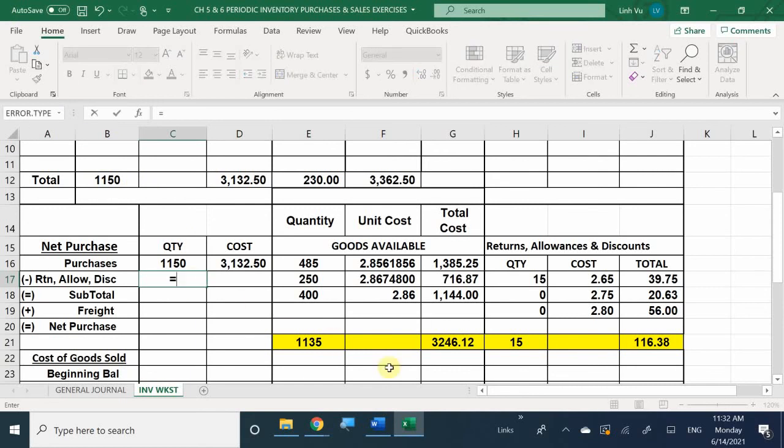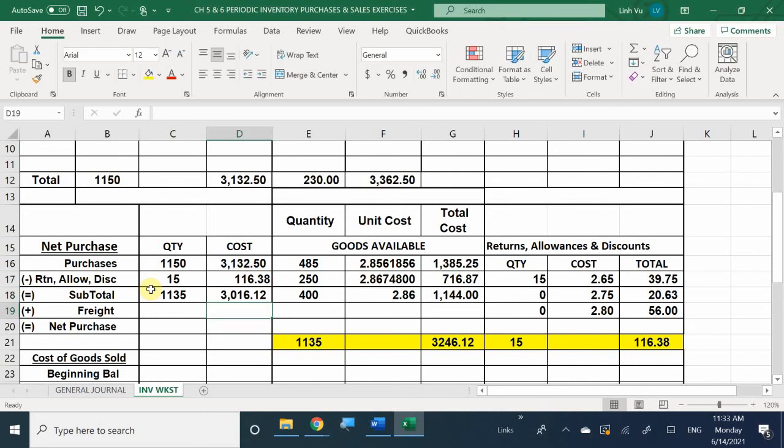I returned 15 of those items, costing me a grand total refund of 116.38. Okay. So therefore my subtotal here is I should have a total of 1135 at a grand total cost of